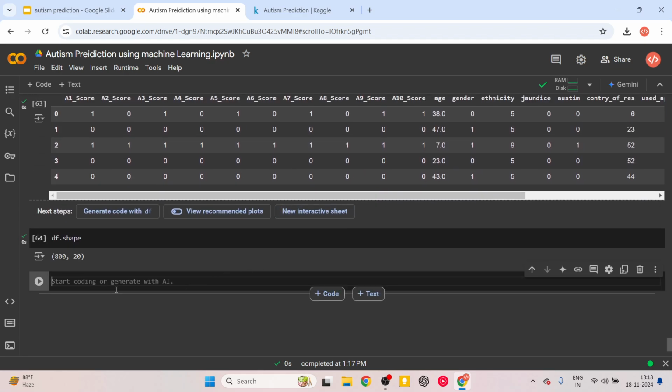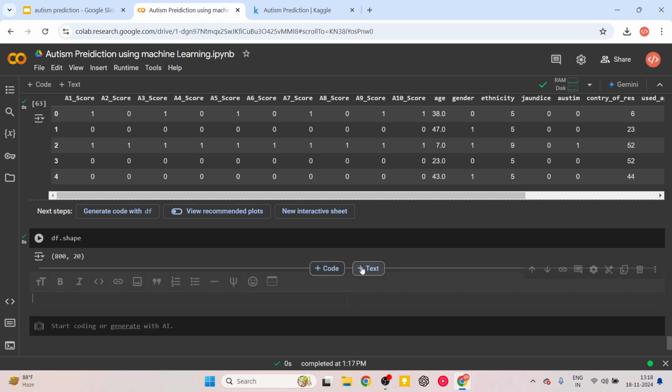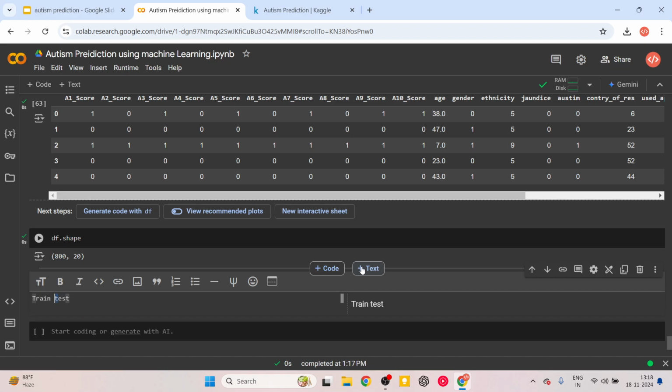All right, so the next thing is, let's split our data set into x and y, and then we would split it into training data and test data. After splitting the data into training and test data only, you have to perform this SMOTE or this oversampling technique. So I'll create a text cell, and maybe let's call this train test split, which is part of this data pre-processing step, right? So I'll call this train test split,